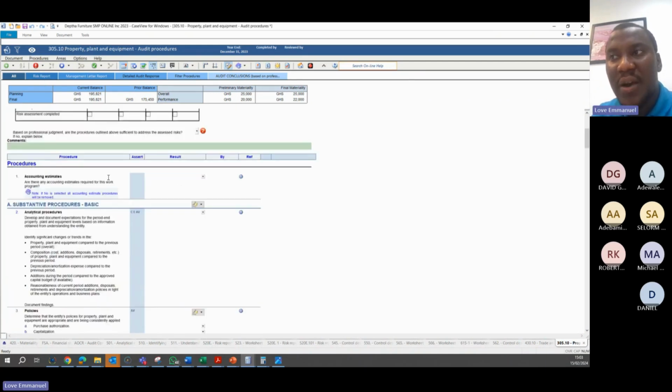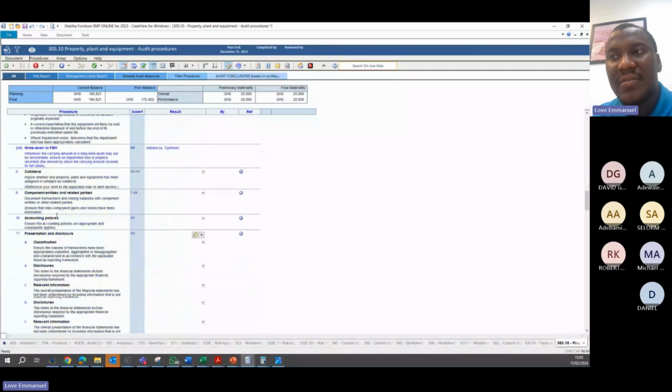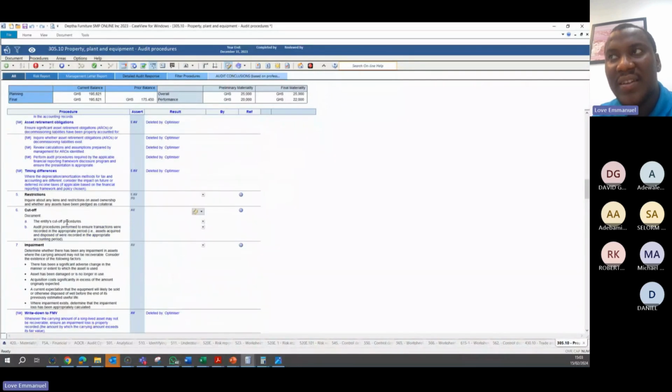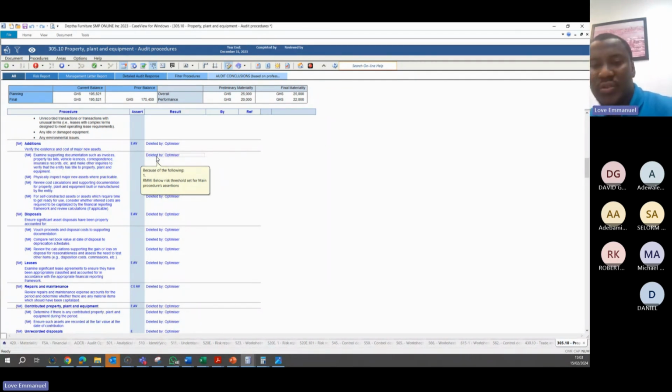Okay? And I scroll down, what do you notice? Quite a lot of procedures are deleted here. Quite a number of them were deleted here. Why are they deleted? If I hover over it, it tells me below risk threshold set for this procedure assertion. Now, this is how Caseware optimizes your work program based on your level of risk. If your